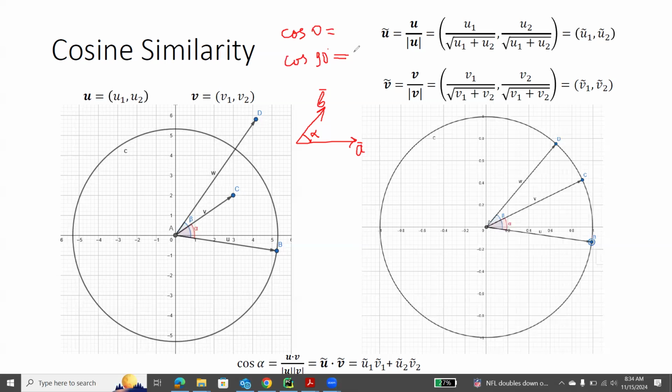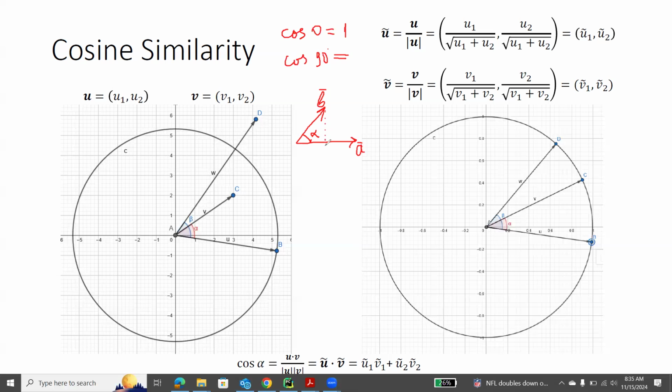For 0, it's 1. Yes, and for perpendicular vectors, so the definition is the cosine is the,